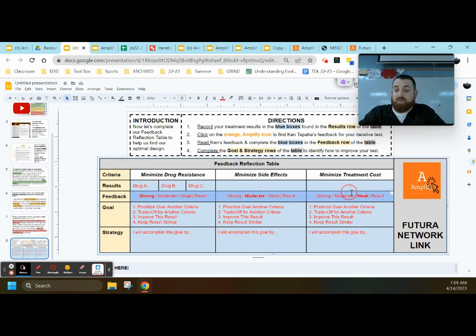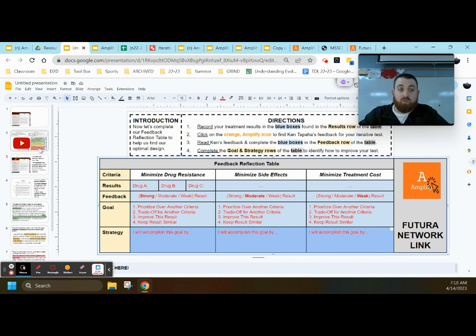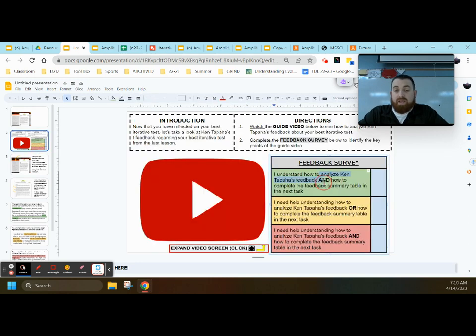But you'll have your results, you'll have Ken Tapaha's feedback, you'll decide on what your goals are. You can have more than one goal or just one. It's totally up to you. You can bold it or delete it, whatever works best for you, but I should see your goals in there. And then how you're going to accomplish it in your actual next set of iterative tests. So that's how we analyze Ken Tapaha's feedback and how we complete the